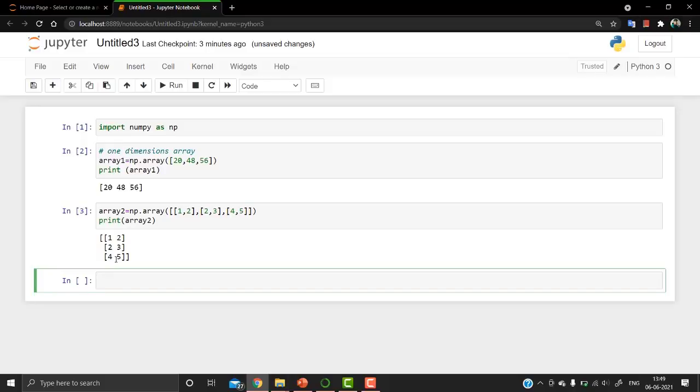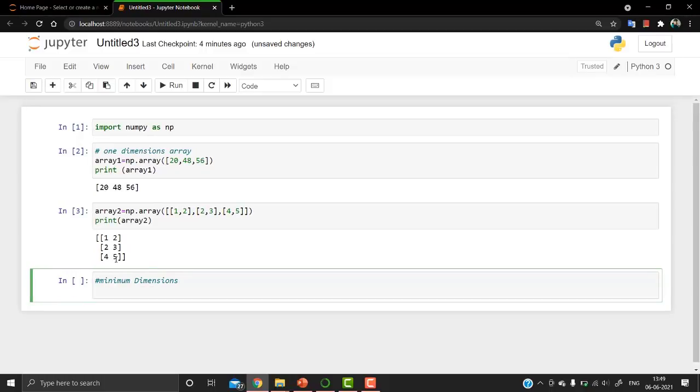When we have one dimension, we work on this. When you have a multi-dimensional array, how do we have to work on this? So go with the multi-dimensional. For that, importing is already there, so we'll move to another array. Suppose array 3, the variable name,